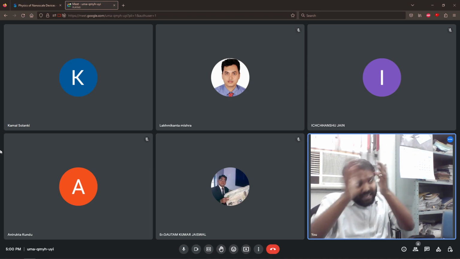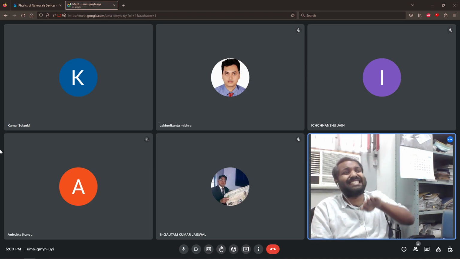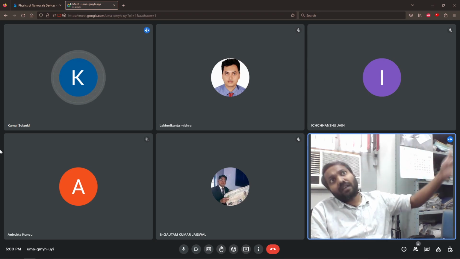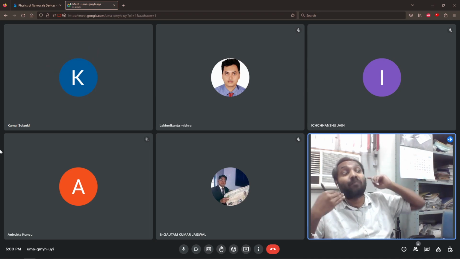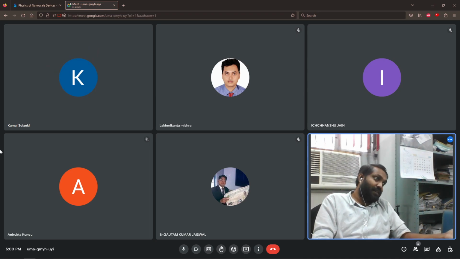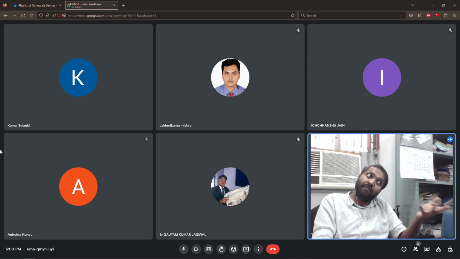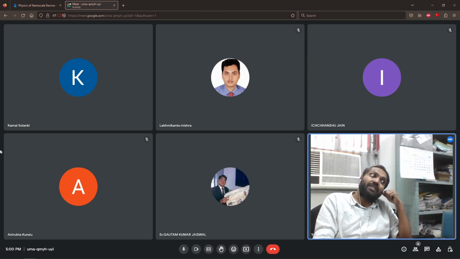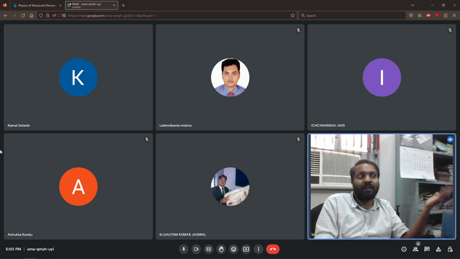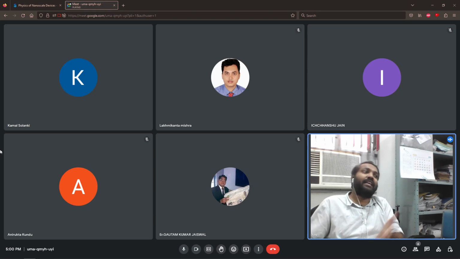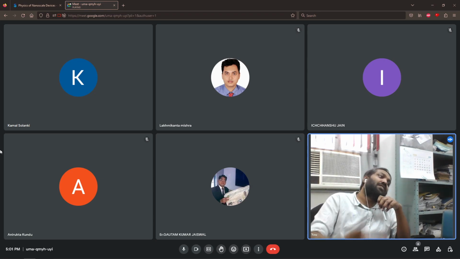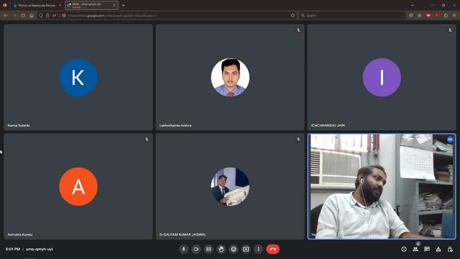As you can see in the 3D case, things seem to increase as my energy is increasing. That implies that if I am willing to supply that energy, then maybe I will get more channels. In the 2D case, maybe no matter how much energy I supply, I will not get more modes. Maybe in the 1D case, something else happens. That variation will come as a result of the density of states.